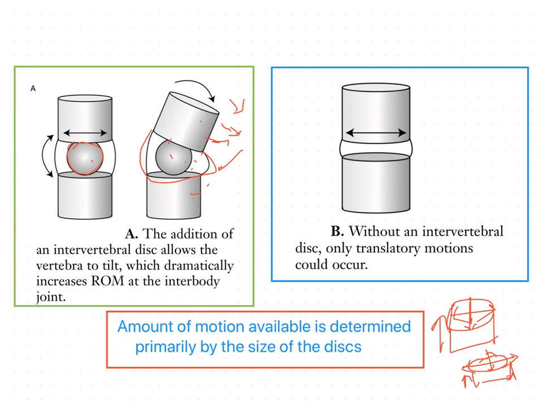Regardless of the magnitude of motion, which is created by the ratio of disc height to width, a gliding motion occurs. Here you can see the only translatory motion, that is the gliding motion, occurs at the zygapophyseal joints as the vertebral body tilts over the disc at the intervertebral joint. The orientation of the zygapophyseal joint surfaces, which varies from region to region, determines the direction of tilting and gliding within a particular region. That one we will see now.